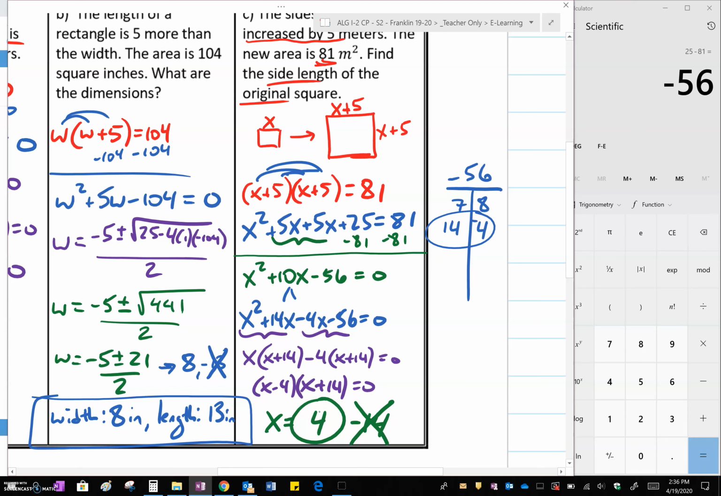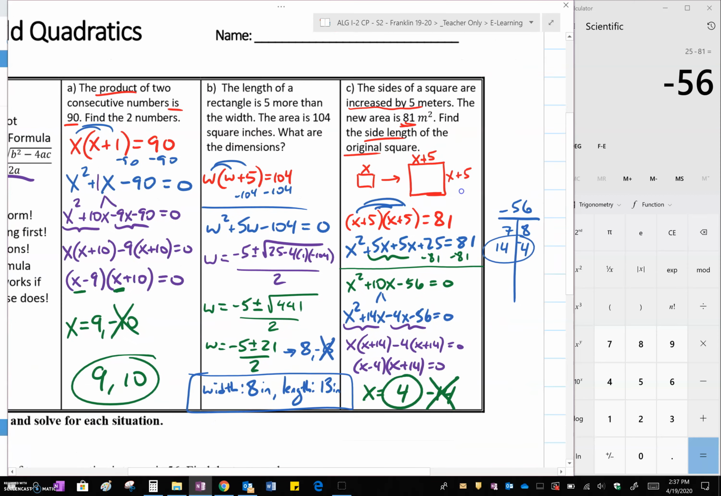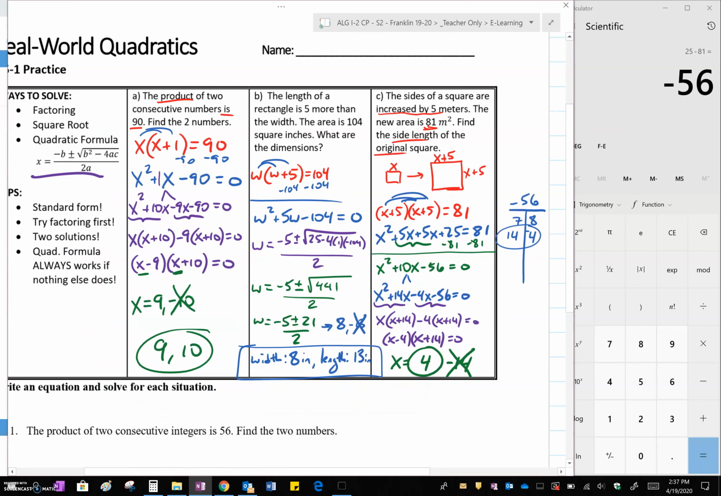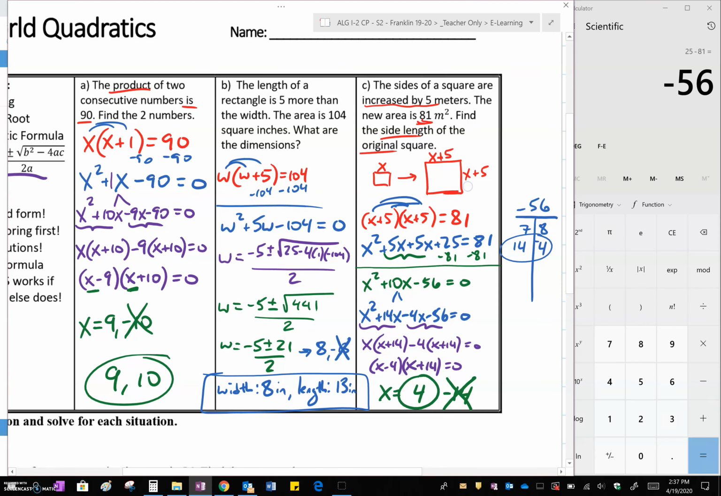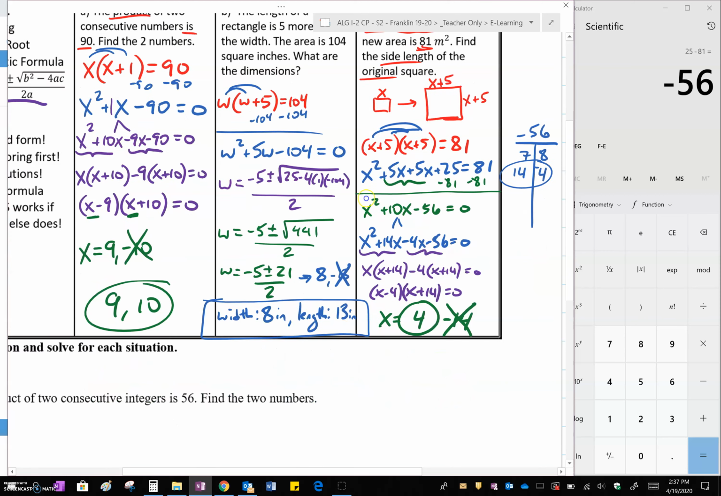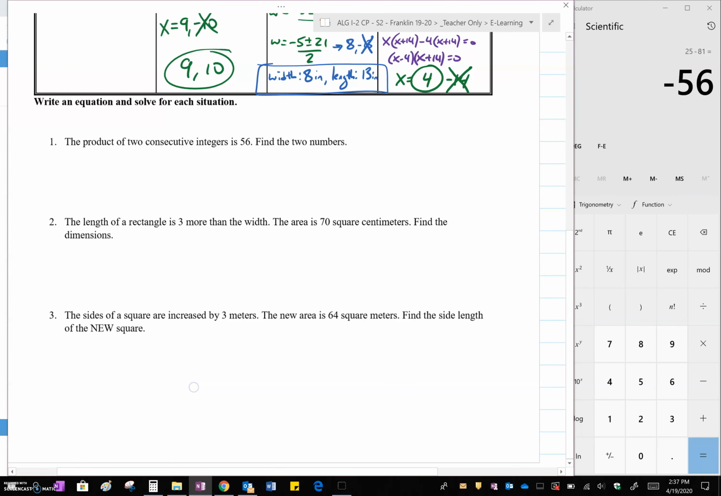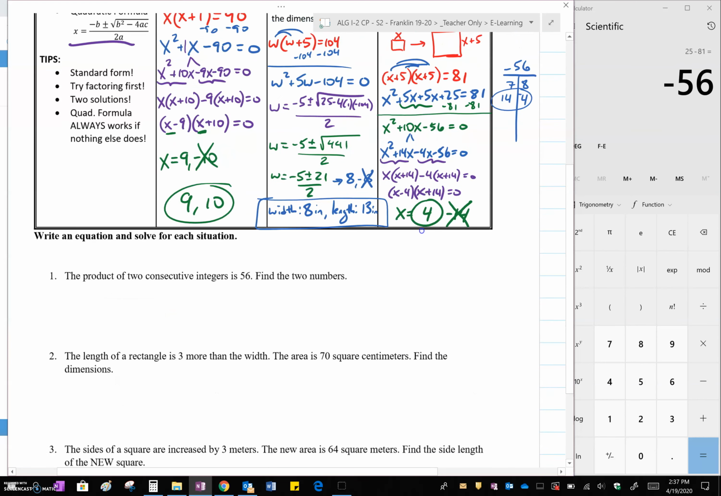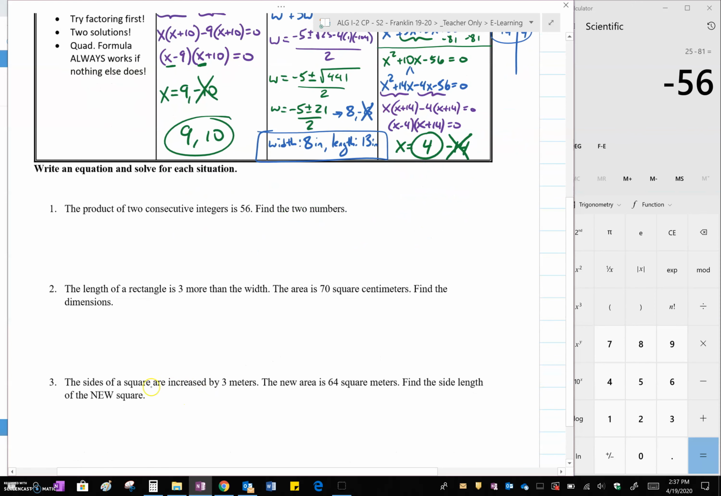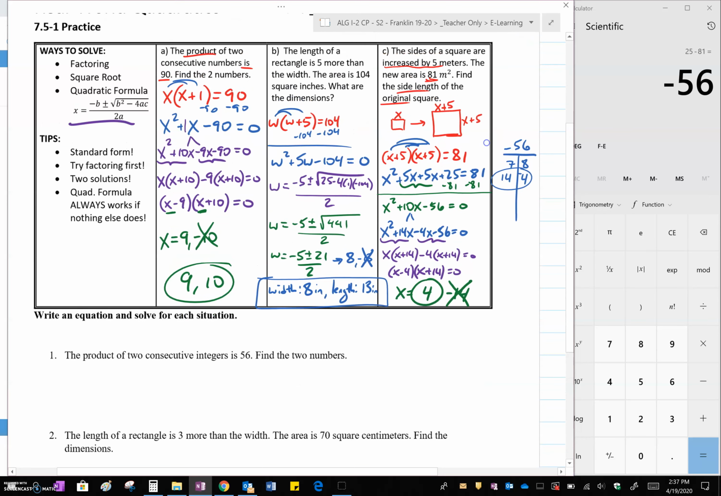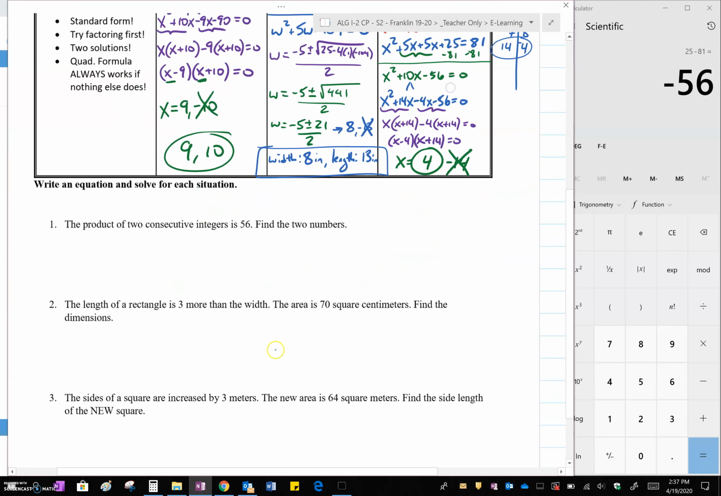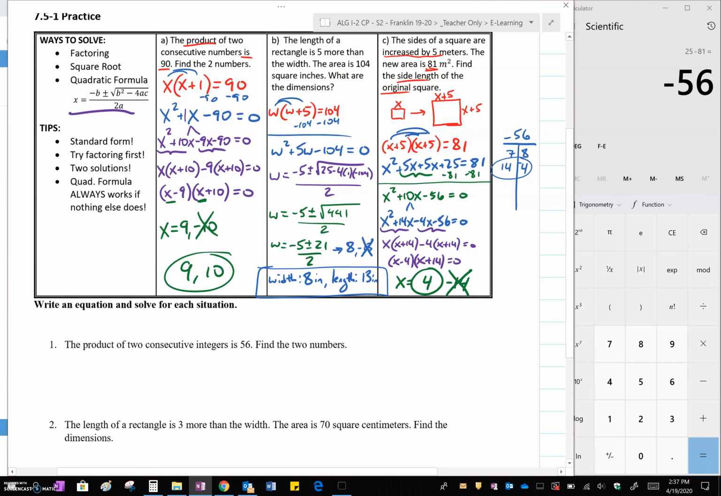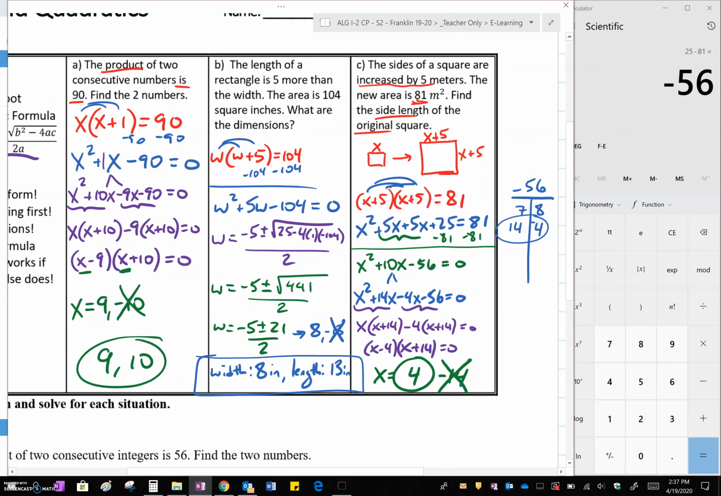So the solving part is very much the same as what we've been working on. The difficult part is going to be writing the equation and solving it. Now I've given you these 3 examples because the 3 problems that you have to do yourself are the same types. 2 consecutive integers, length and width, and then a sides of a square increased by 3 meters. So those are the same types of problems. Hopefully you can look through the work and do the same thing on these 3. If you need to rewatch the video, just rewatch that problem. And if you have questions,